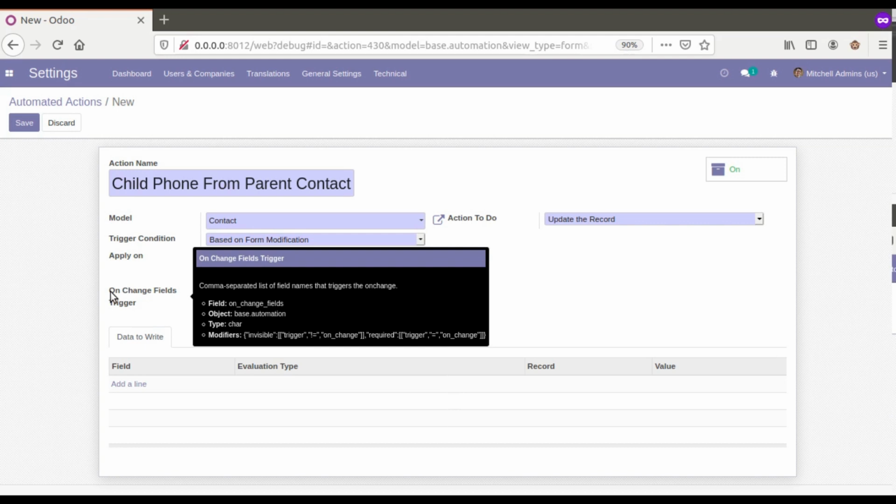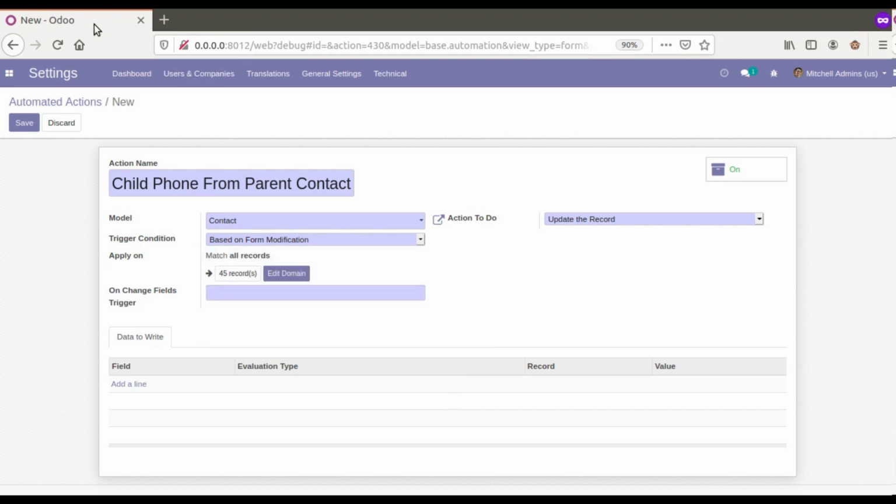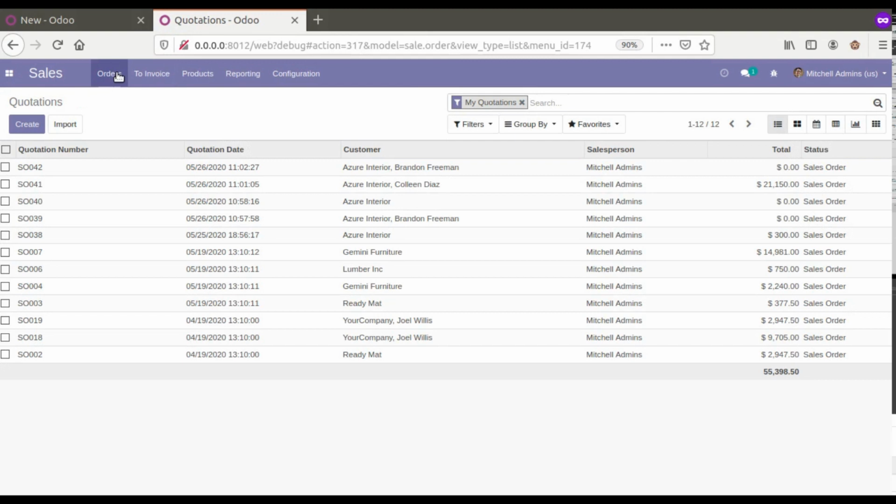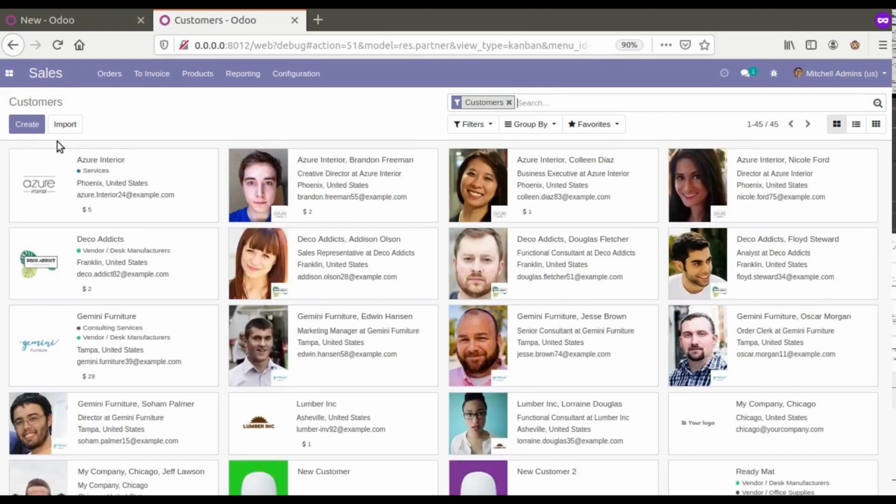Comma separated list of field names that triggers the on change. So we have to set the field names in which the action has to be triggered. I'll be doing one thing. I'll just duplicate this tab so that we can go to the contacts form view. So from here I will go to Sales and then to Customers, and if I open a new form,